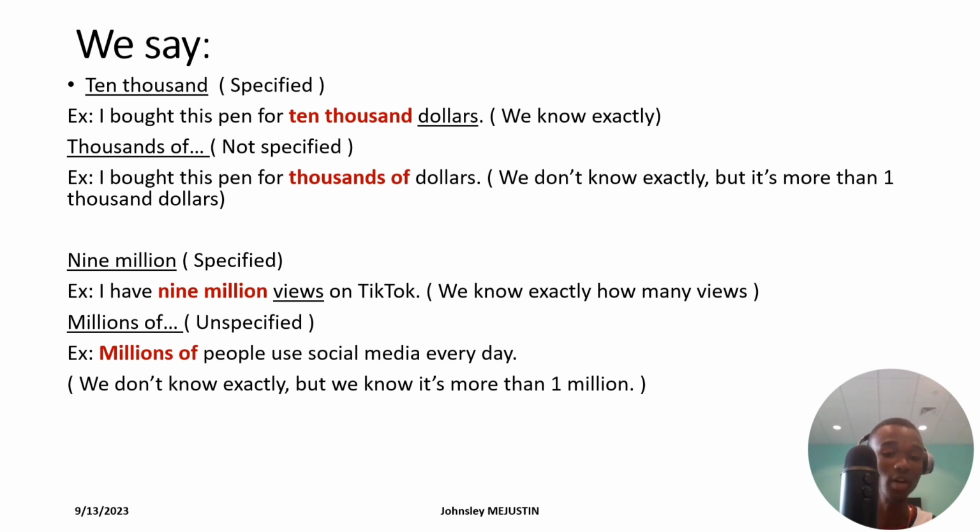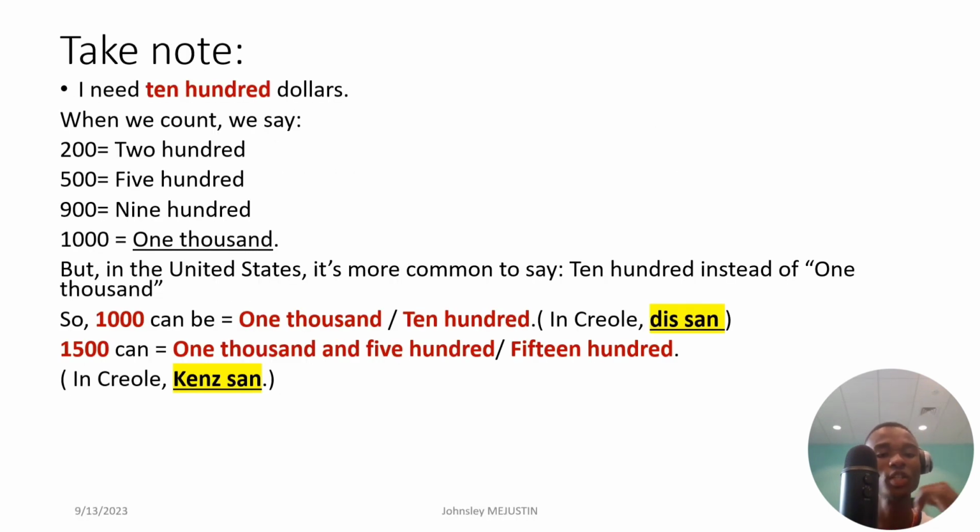Okay? So whenever you see 100, 1,000, million, or billion, when they have a specific number, they do not take s. They remain singular. Okay? All right. So take some note right here. Look at that. I need $1,000. How do you say I need $1,000 in Creole? That would be like, moi besoin